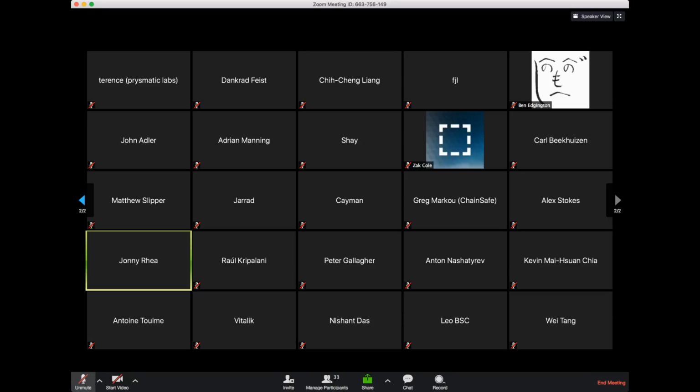So if y'all are going to be in New York during blockchain week, I think it's like the 15th or 16th. Maybe someone can jump in if they remember the exact date. It's the 16th. Okay, right on. And then we're also working on generating some test data for deposit contract input and output. So that's pretty much it.